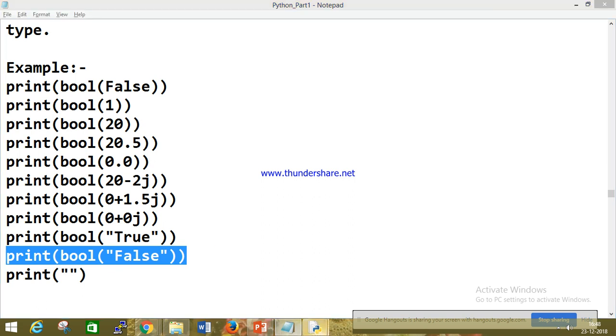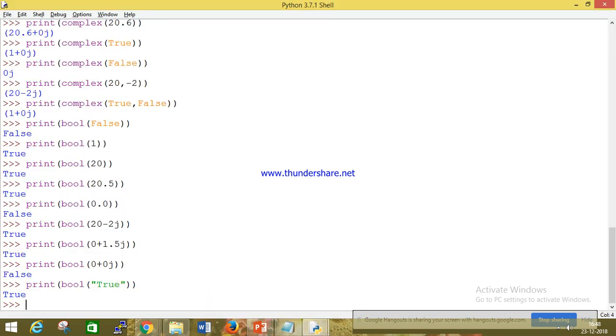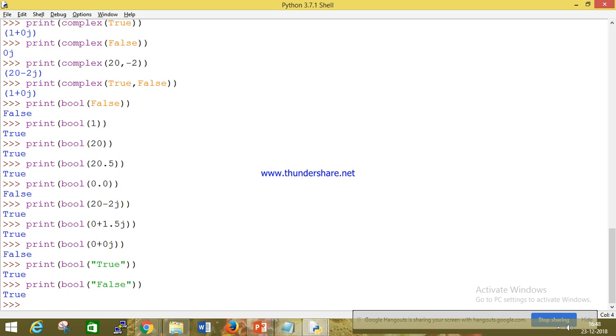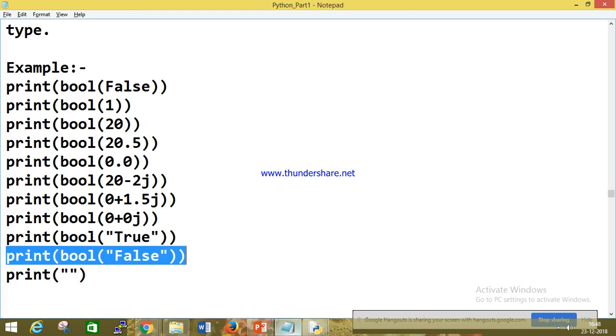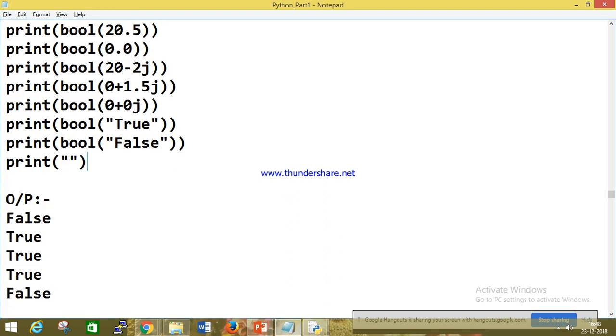So this is the possibility of boolean. Okay, how this boolean is working. So why is it taking false as true? Okay, because this is your string type. So a string means, if you pass strings, an empty string, so